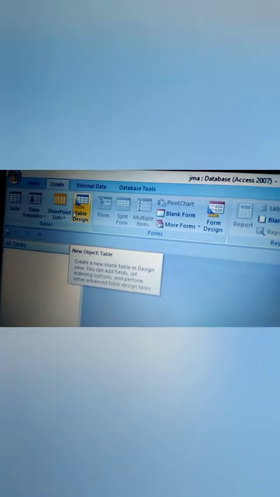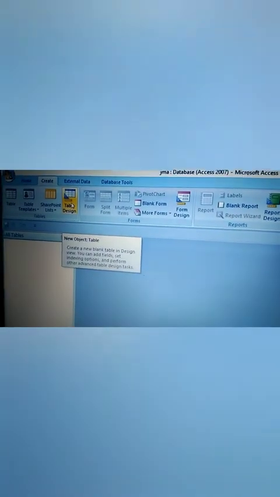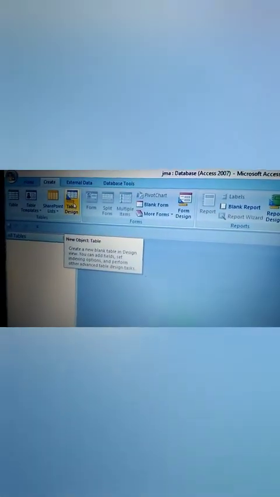At first, click on Table Design. This means the Table Design option. So click on the Table Design option to create a new table. After clicking Table Design, these options will appear. This one is the Field Name and Data Type.